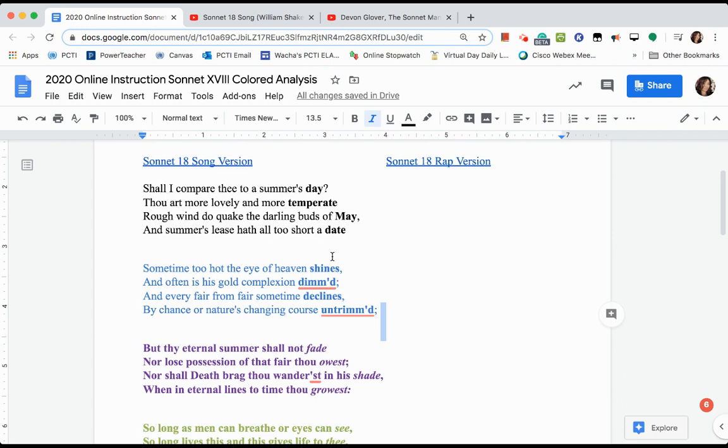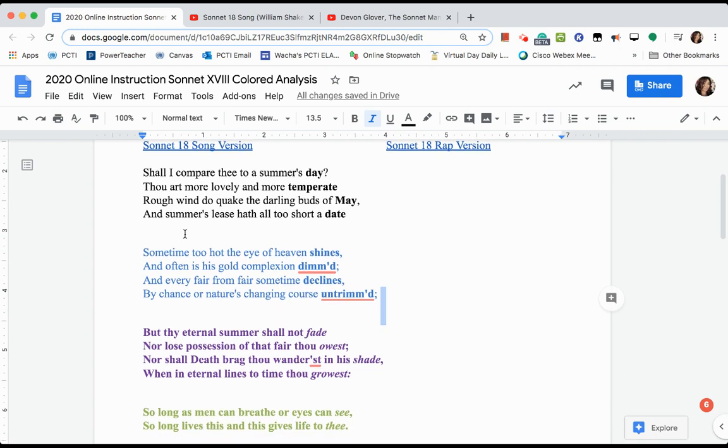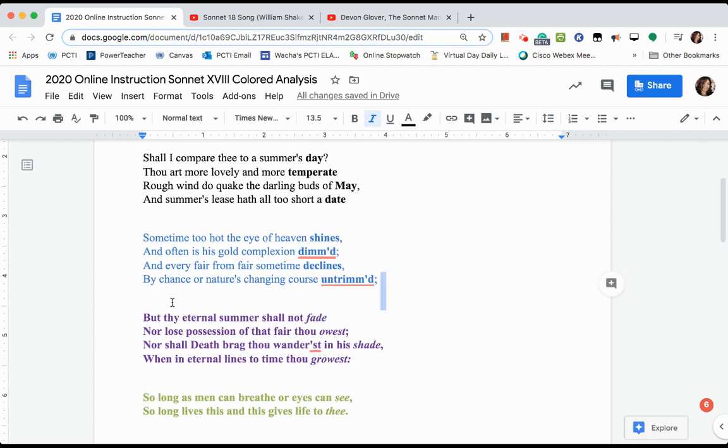Okay, so you should be able to figure out how to do syllables. So let's read it. Shall I compare thee to a summer's day? Thou art more lovely and more temperate. Rough winds do shake the darling buds of May, and summer's lease hath all too short a date. Sometime too hot the eye of heaven shines, and often is his gold complexion dimmed,